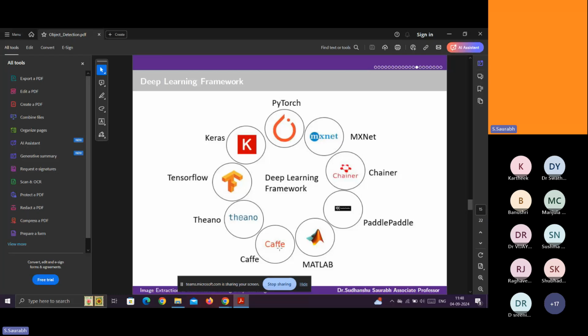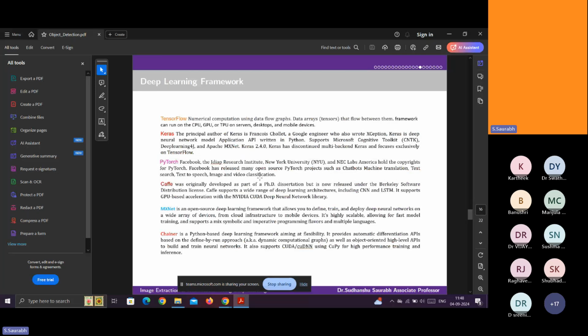And Caffe is specifically given by some NVIDIA people, and while you are using CUDA, it is better to use Caffe instead of C++. So this Caffe model is also very useful.